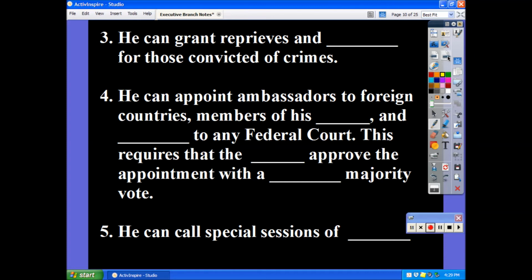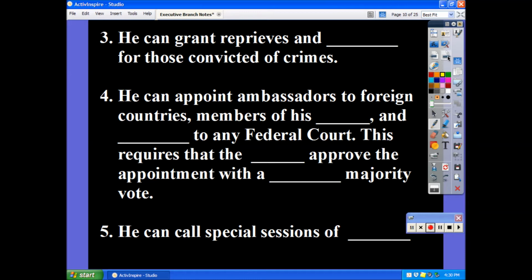He can also call special sessions of Congress. Now, this is a rather unique power. It doesn't happen very often. Usually in national emergencies, the president will demand that all the members of the House and all the members of the Senate assemble in one room, usually in the House of Representatives, where there's enough space to do this. And the president wants to speak to them. The president may give them a very direct sort of command. Now, it's not a command that he can actually enforce, but it may be a very strong statement of, this is what I want you to do. Why? This thing has happened to our country, and it's important that it gets done.